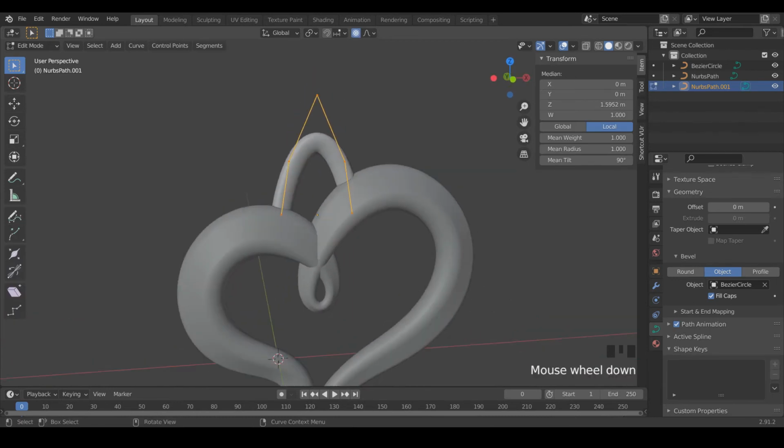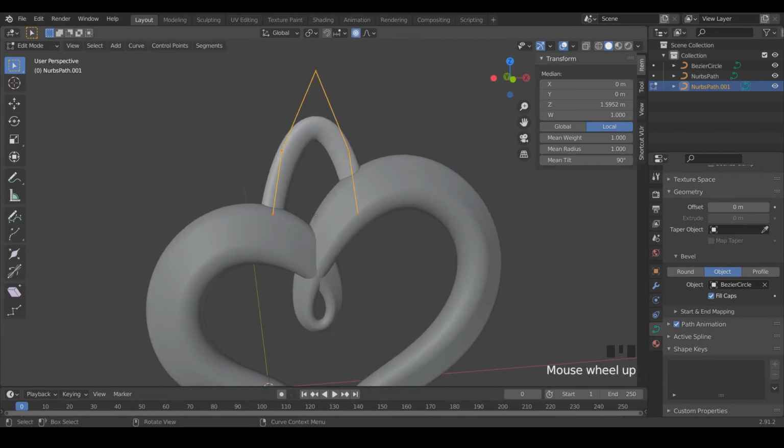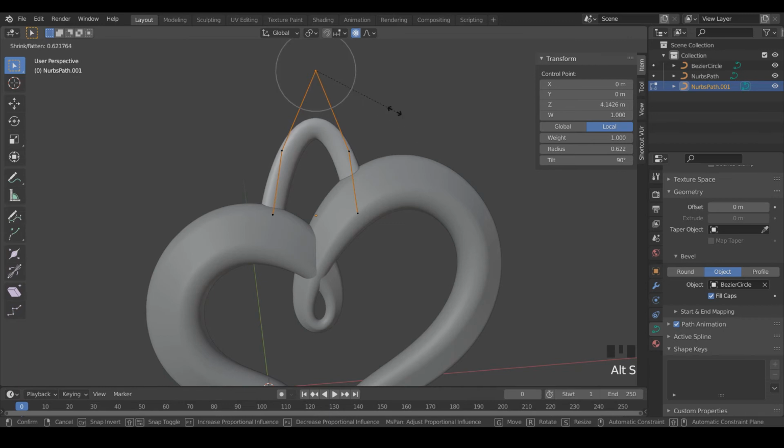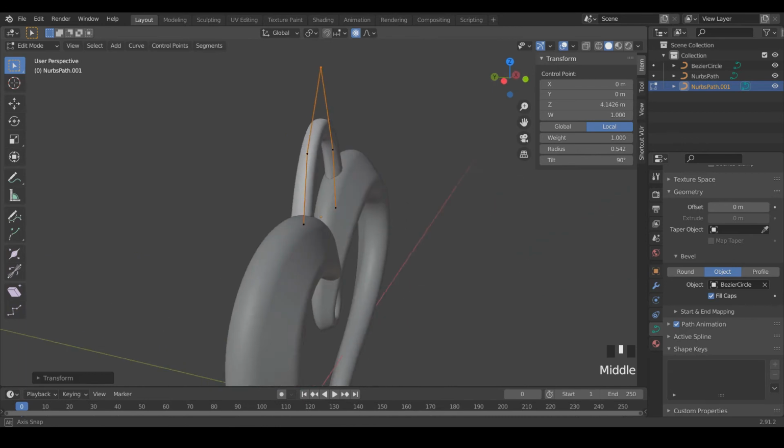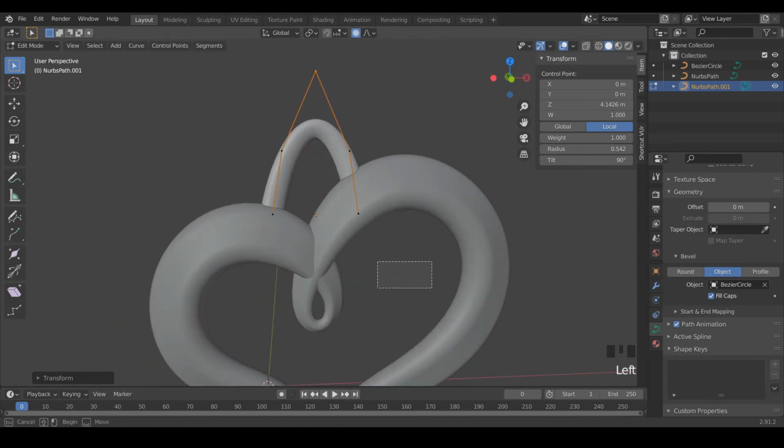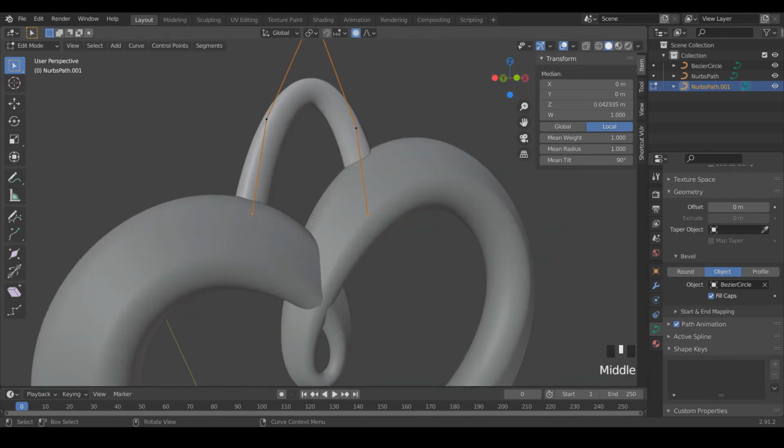Then I think what I want to do is make this top portion just a little bit thinner. So I'm going to grab it, hit Alt-S to bring it in, and then using proportional editing, I'm just going to adjust the influence of it. Maybe make these ones a little thicker as well.